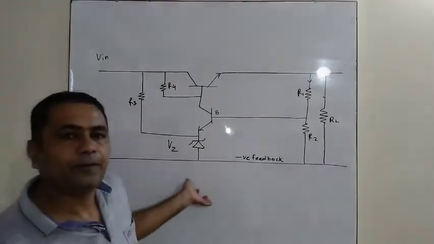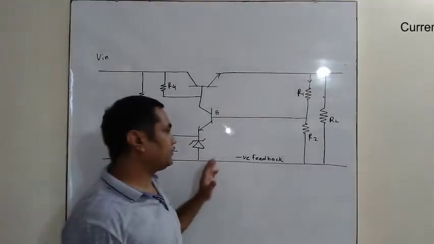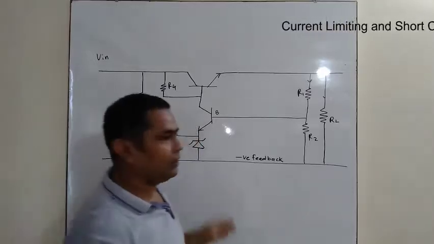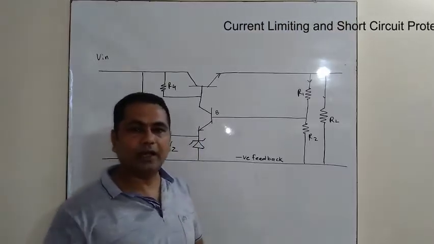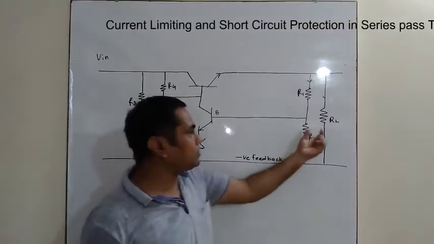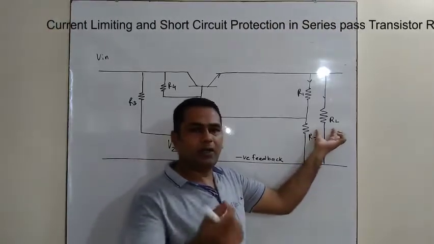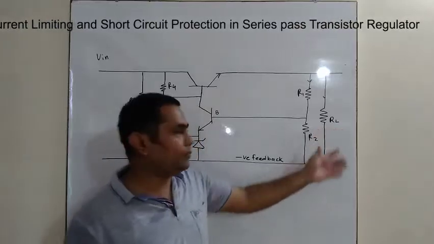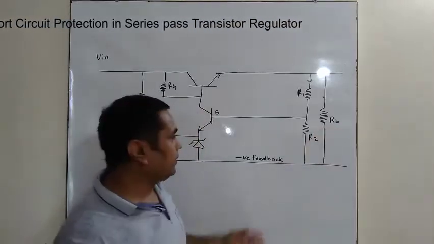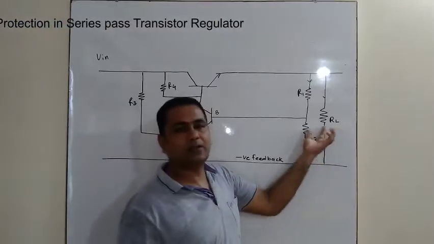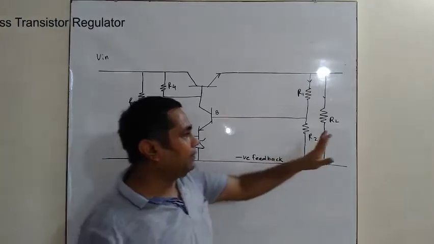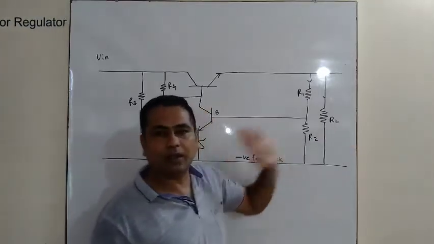Now, what if this transistor regulator is used, but the load changes vigorously, meaning the loads are fluctuating? Up to a certain limit, the fluctuations are removed. But if the load current changes by a large value, then there will be a fluctuation in this transistor. This is the disadvantage of this transistor regulator, and it can be removed using current limiting.